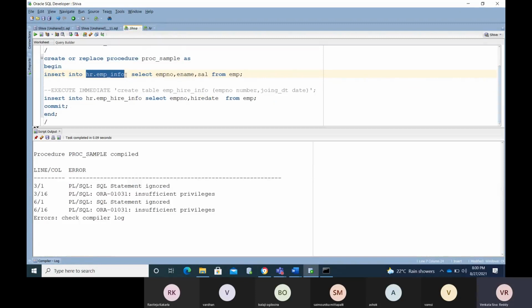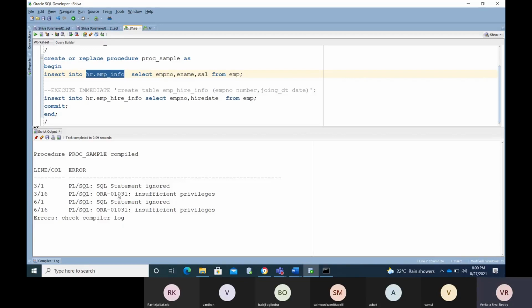If you are trying to do the same work in PL/SQL, Oracle is expecting some privileges. In earlier versions like 11g, you could not insert any data without the proper privilege from the particular schema. In 19c, it is allowed. Understand? Now you are getting the errors here.